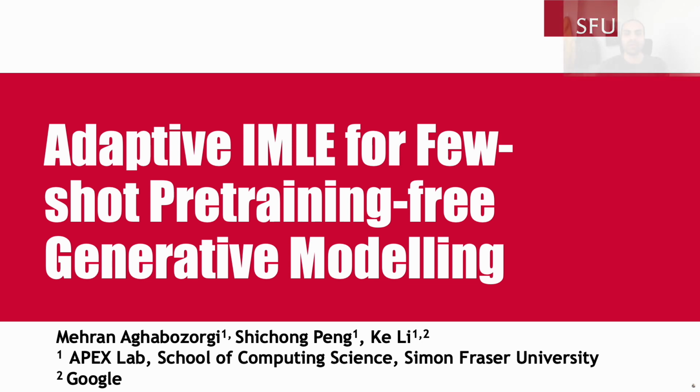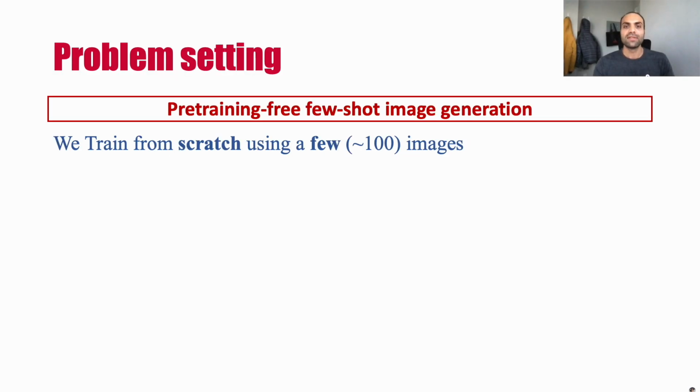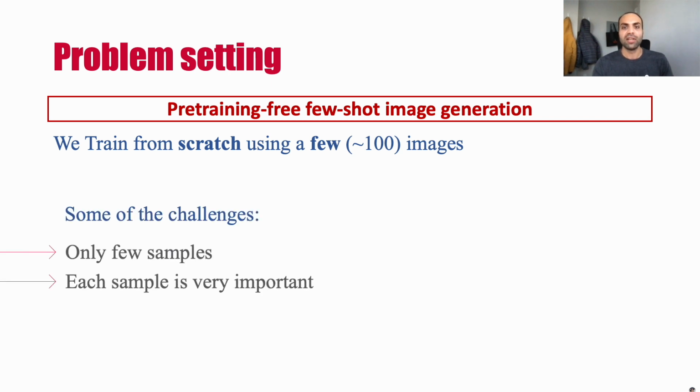We present adaptive IMLE, an implicit generative modeling approach that covers all the modes and generates high-quality images. In this work, we focus on the pre-training-free few-shot image generation setting. The datasets used in our experiments consist of as few as 100 data examples. The scarcity of available data makes the learning process in this setting extra challenging. Moreover, the difficulties associated with generative modeling, such as mode collapse, overfitting, and underfitting, become more pronounced in this setting